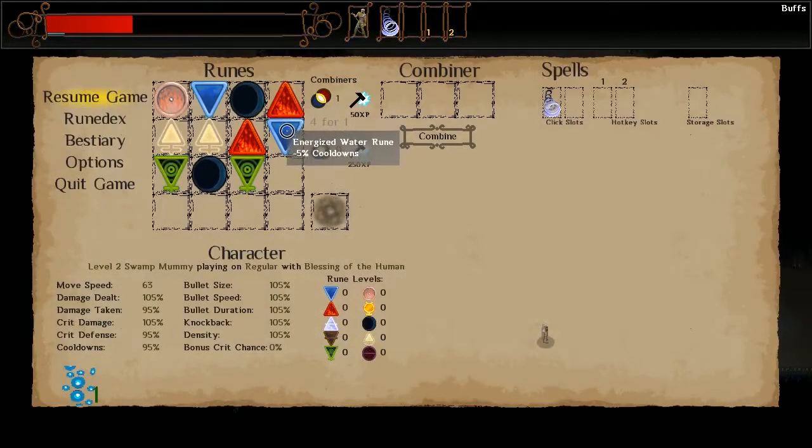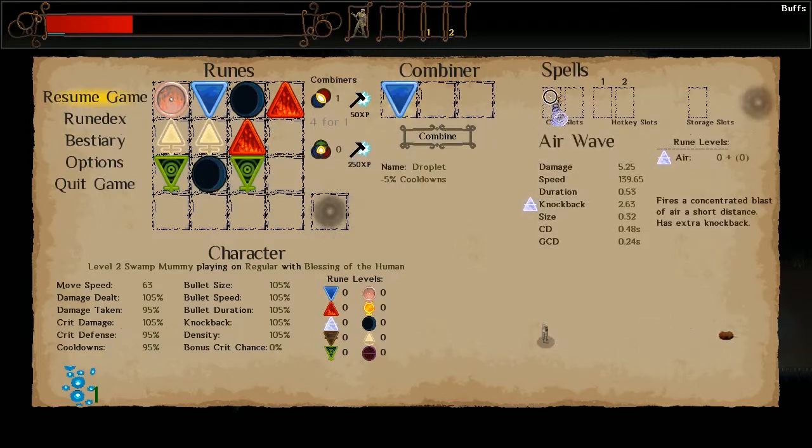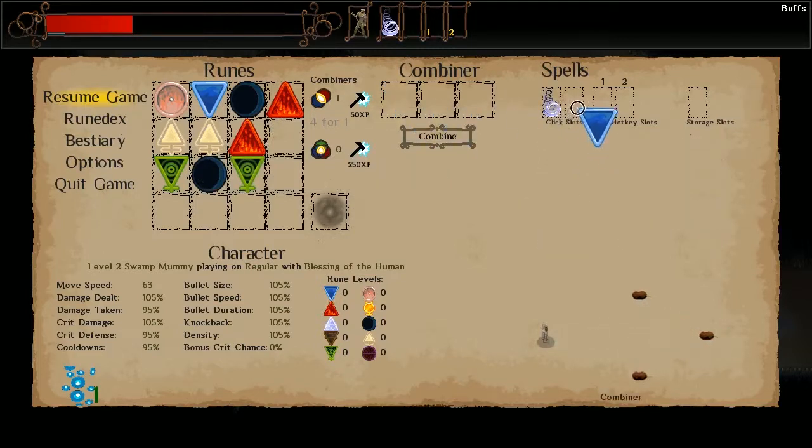So we have different things like here, minus 5% cooldown. We have one combiner. If we want, we could turn it to 50% XP, but I don't want to do that. I want to try something. So we're going to do a water rune. And if I wanted, I could do that and combine it, but do I really want to? No. Okay, we're going to do a water rune, and how about